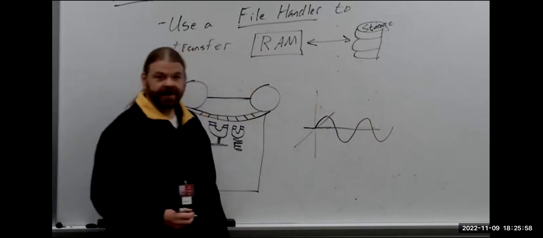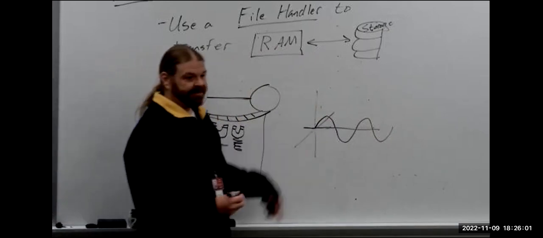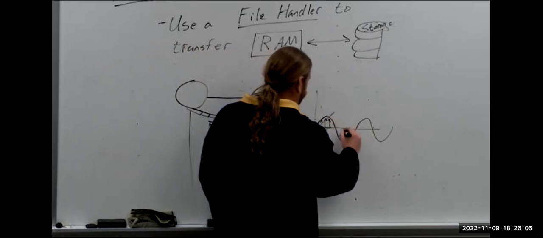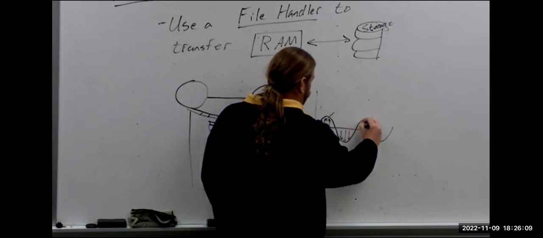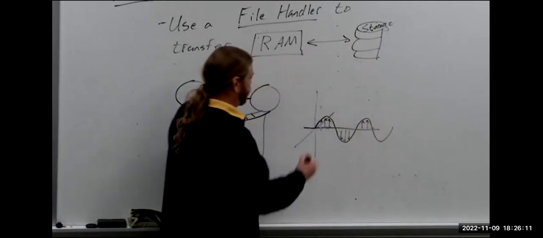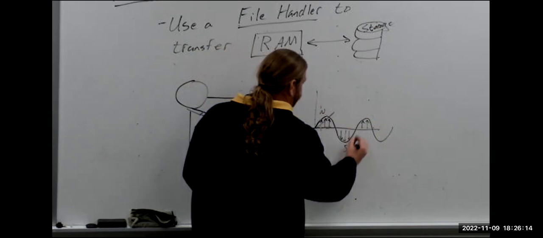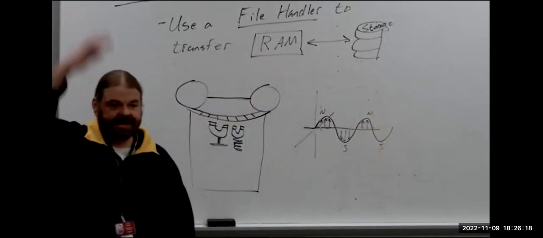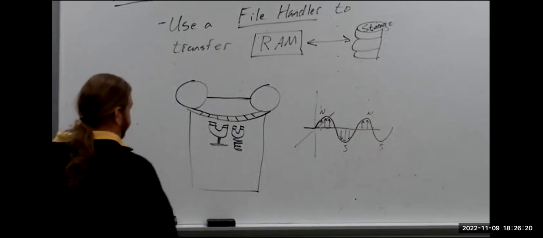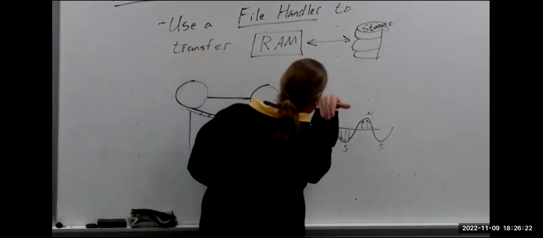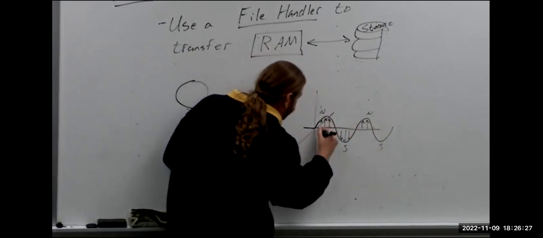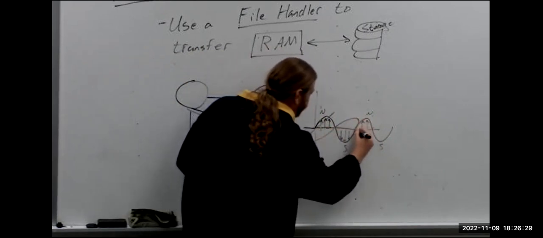So if we did the math and drew out a magnetic wave like this, I'll put north up here and south down here. So north and south poles of a magnet changing back and forth. If we do that, then coming in and out of the board here,